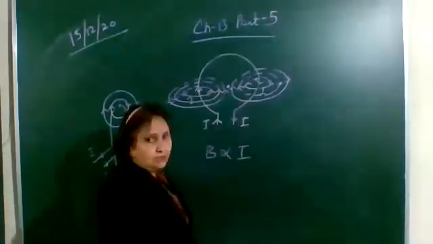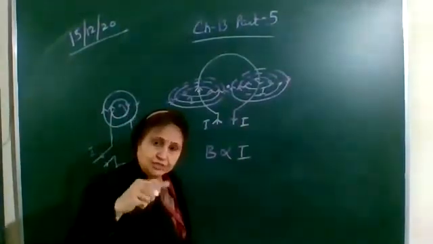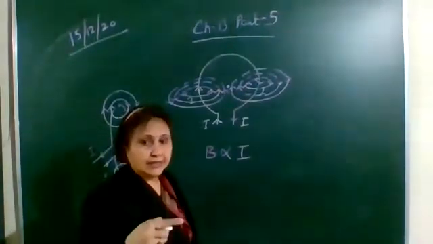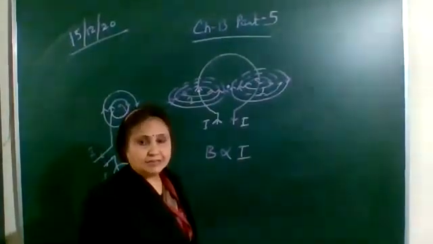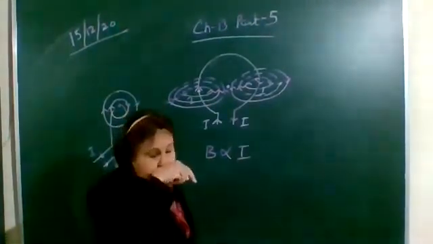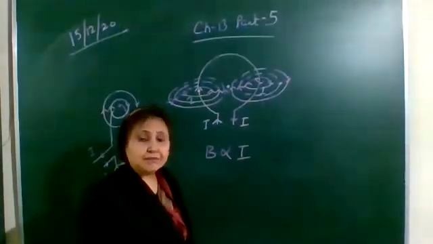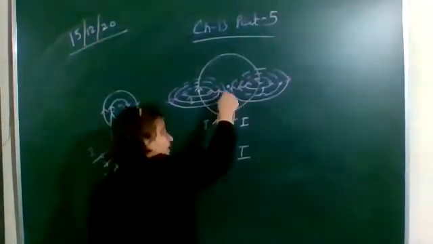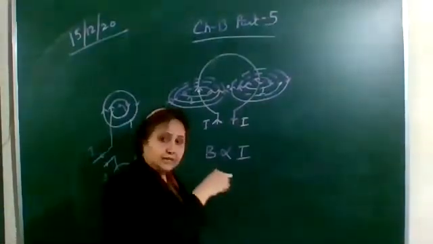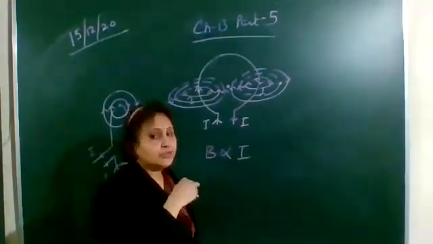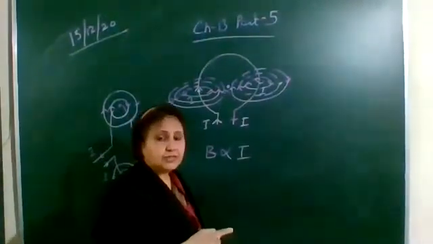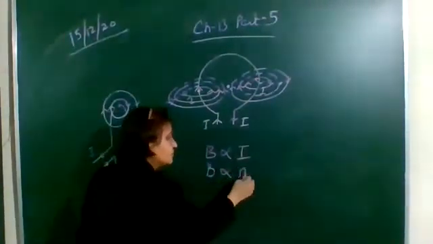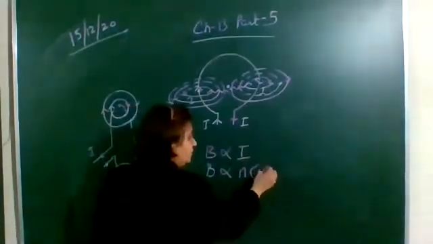If there are n number of turns, then due to each turn, the magnetic field will be added up. If there are n turns, then the magnetic field will become n times. So the magnetic field is directly proportional to the number of turns in the coil. Due to one turn, there will be some magnetic field at the center. Due to the other turn, again the magnetic field will be in the same direction, so it will be added up. So if there are n number of turns, the magnetic field will become n times.